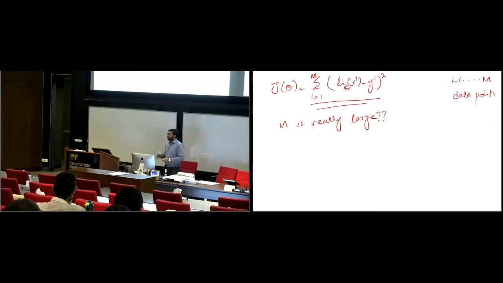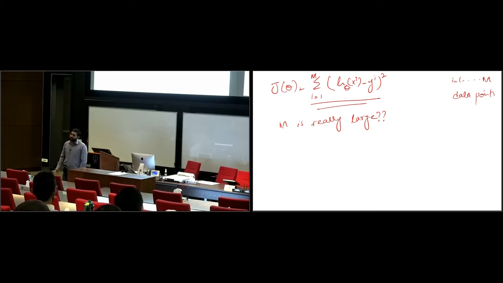If you remember the introduction slides, we said that we can do machine learning very well because we have a lot of data. Well, we have a lot of data, but then this cost function doesn't look very easy to calculate, because if you find the gradient of this cost function, you would have to find the gradient with respect to each data point, and that looks not very easy.